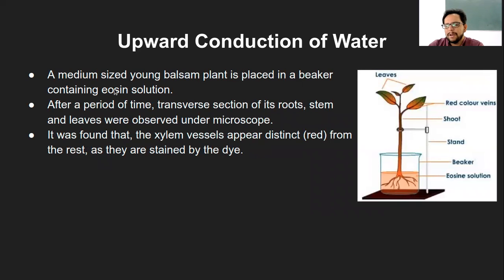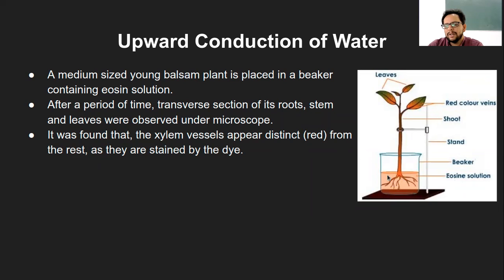It's just a simple colorful chemical which can be either water soluble or insoluble. In this case it is very much water soluble. So you can see the kind of orange colored water here. Now, because the water is getting absorbed by the roots, it will absorb the eosin as well, because eosin is water soluble.